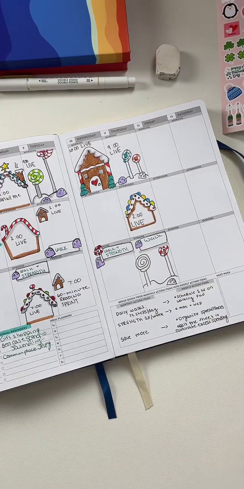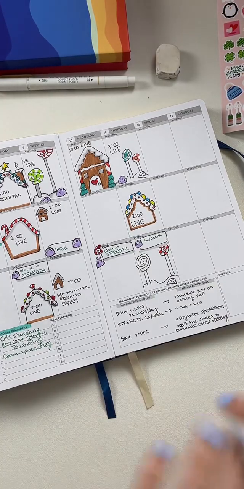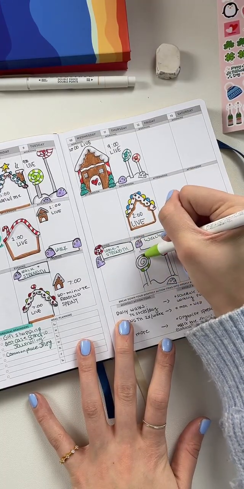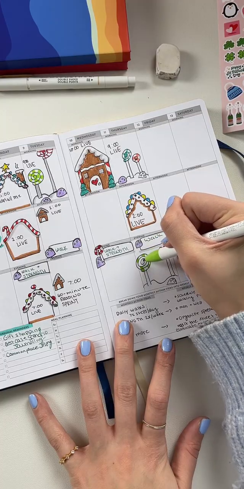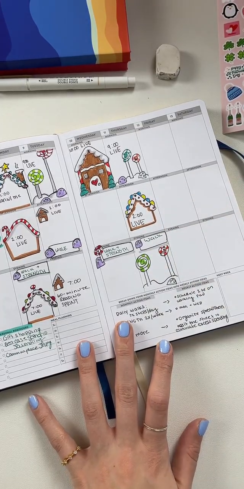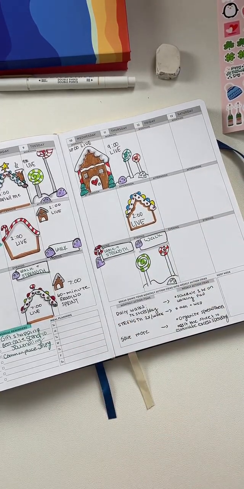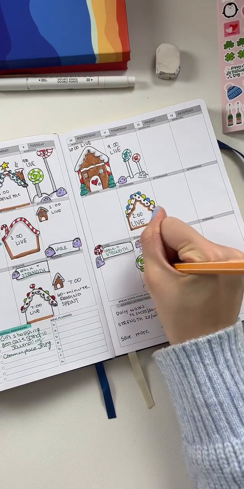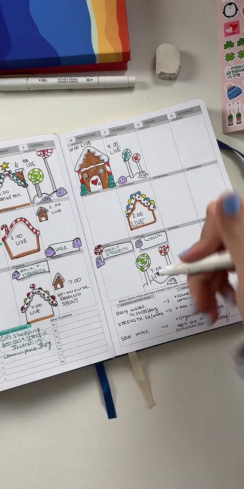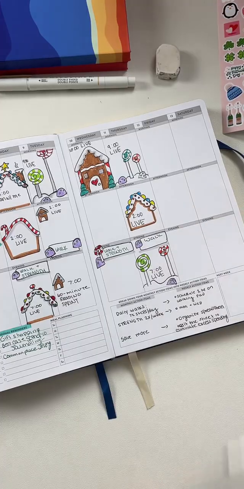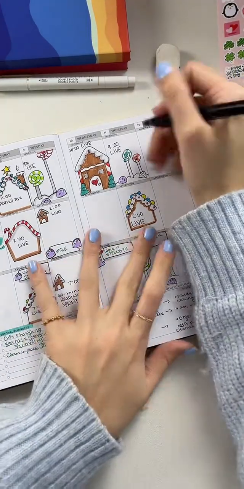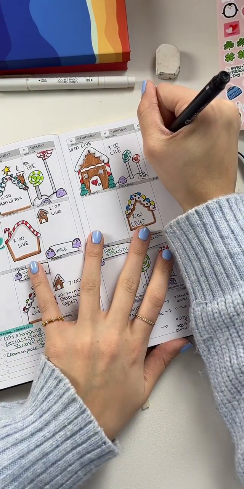And then we'll do the green over here. Going back to this green because this one, you can tell it's green. And then, throwing it again. Perfect. And then Friday morning. This one we're going to do like the candy cane style.